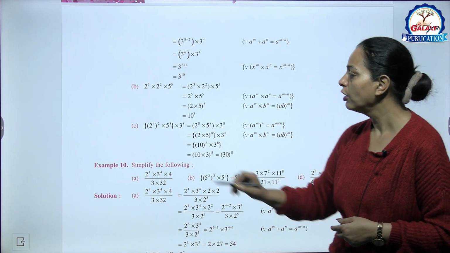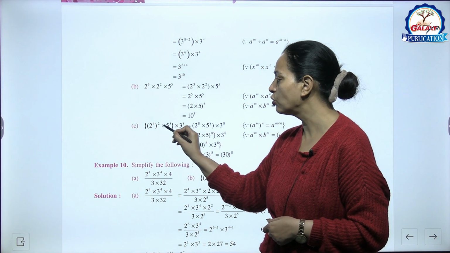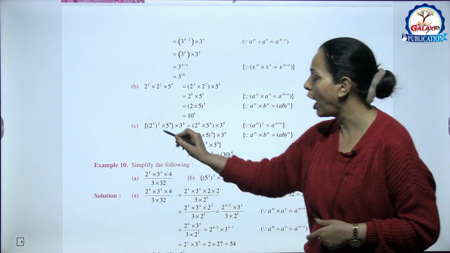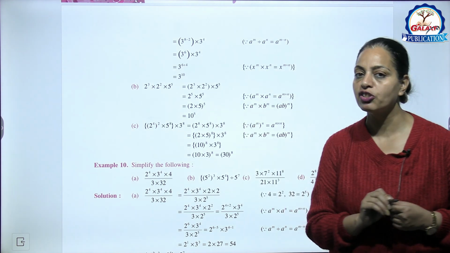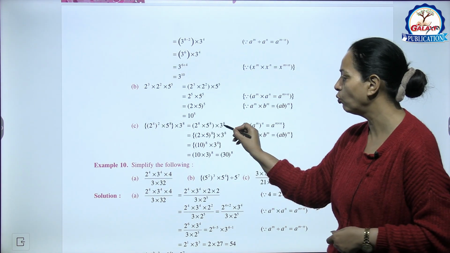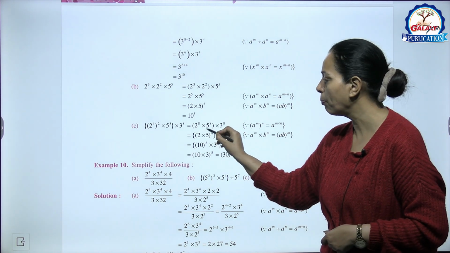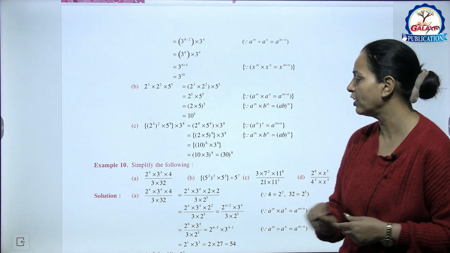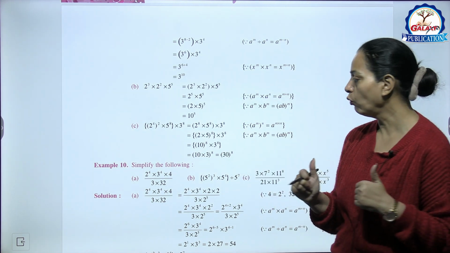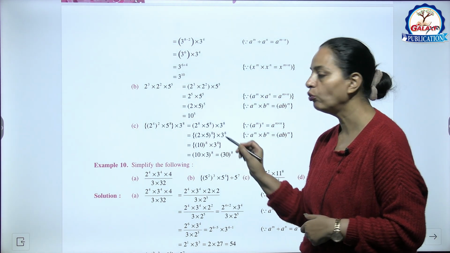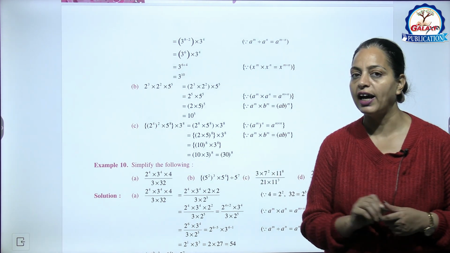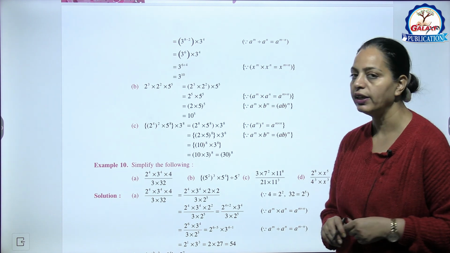Now C part, 2 raised to power 4 whole power 2 into 5 raised to power 8 into 3 raised to power 8. तो यहाँ पर ये जो नंबर है इसकी पावर भी क्या बन जाएगी, 8. सो 2 raised to power 8 into 5 raised to power 8 into 3 raised to power 8. अब इन दोनों को कंबाइन कर देंगे. 2 into 5, 10 raised to power 8 into 3 raised to power 8. Now we are getting 10 raised to power 8 into 3 raised to power 8, power same, बेस कंबाइन कर देंगे. 10 into 3 that is 30 raised to the power 8. Okay,